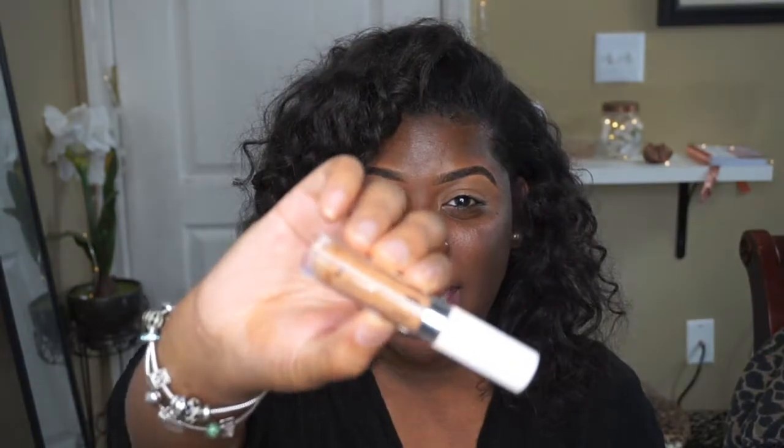I look like a little wounded raccoon. Did my brows and I primed my lids. I just used Colourpop's No Filter Concealer to prime my lids, and then I used the Colourpop No Filter Setting Powder